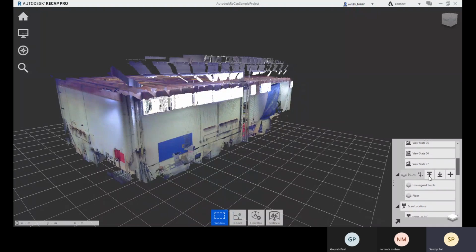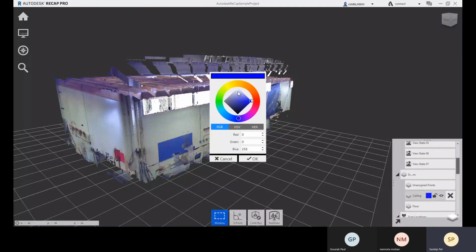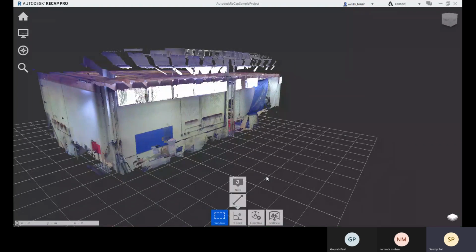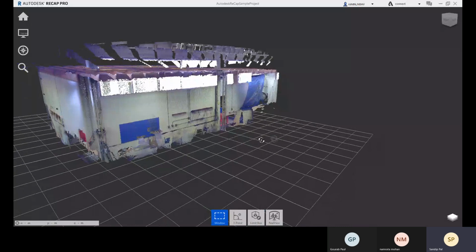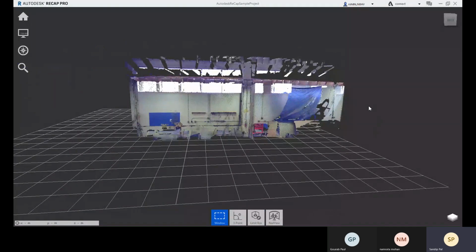You can create a new one. If you want to export your regions as a separate point cloud file, that you can also do. So let me create a ceiling there. So ceiling, yeah, and after that press enter. And about the color, you can change the color here. So let me go with this color and click on OK. And now the region is created, but we haven't defined it, right?